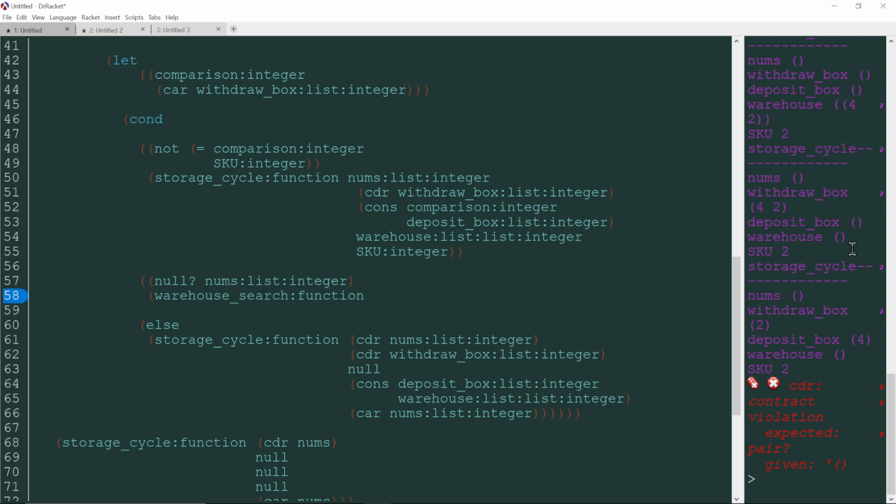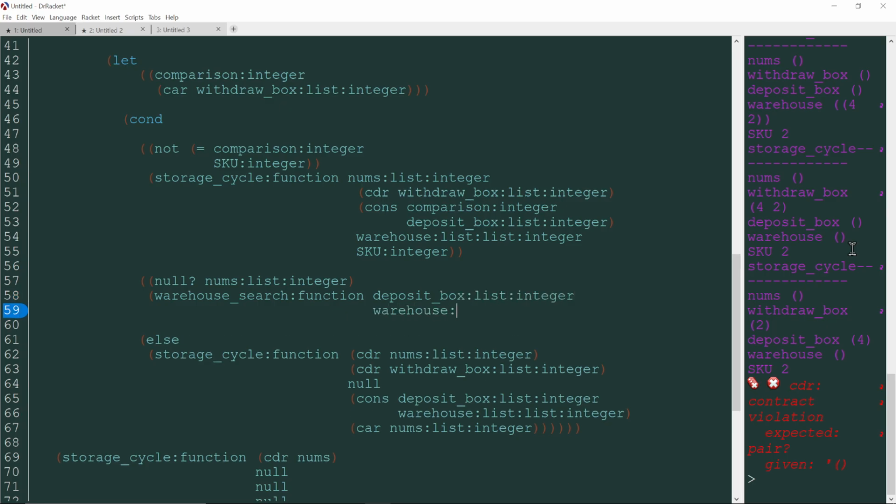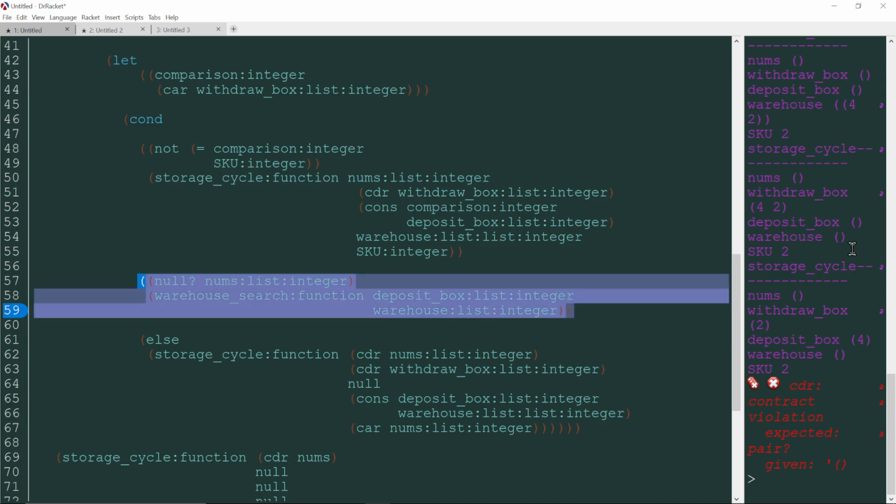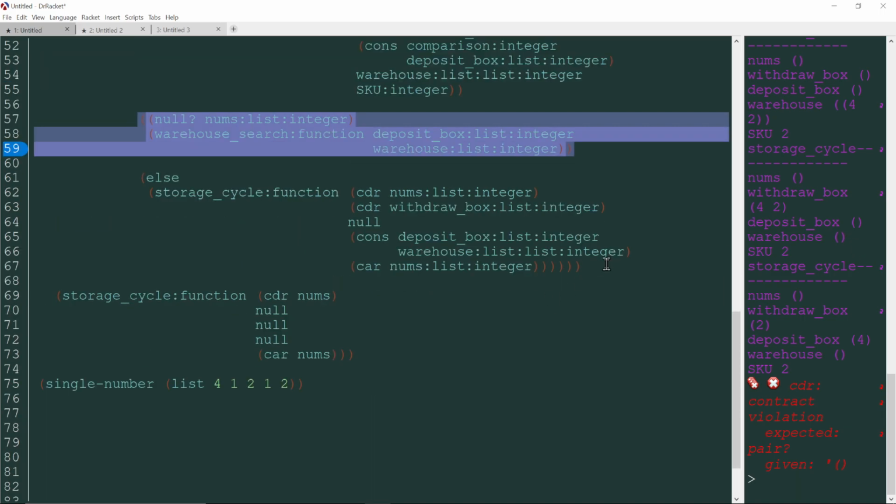So the idea is that in this, the last state, we want to pass forward the deposit box and the warehouse. Okay, and then